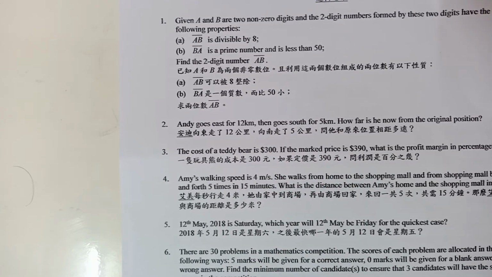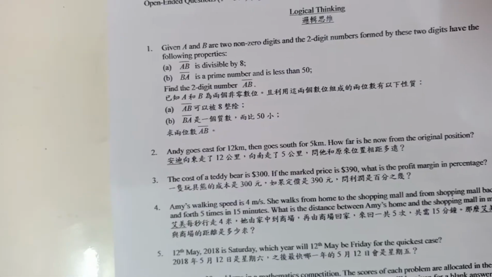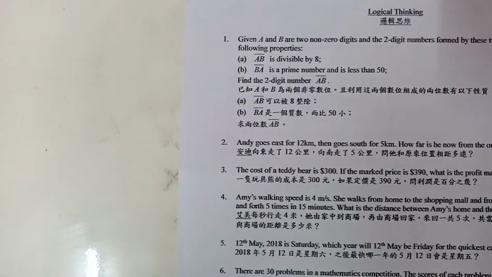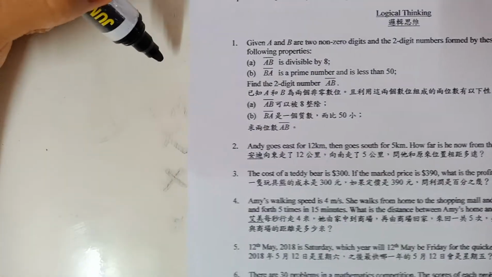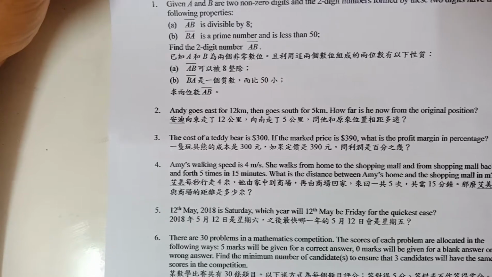The cost of a teddy bear is $300. If the marked price is $390, what is the profit margin in percentage? This is a simple percentage problem. Okay, the cost of a teddy bear is $300. So let's say the seller or the shop owner buys the teddy bear for $300, and then he or she